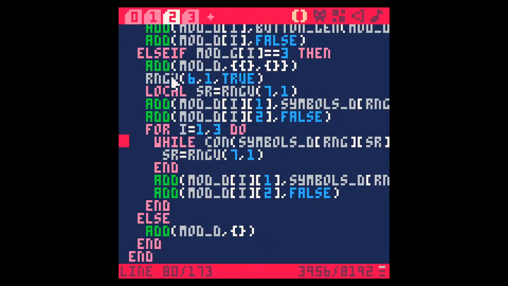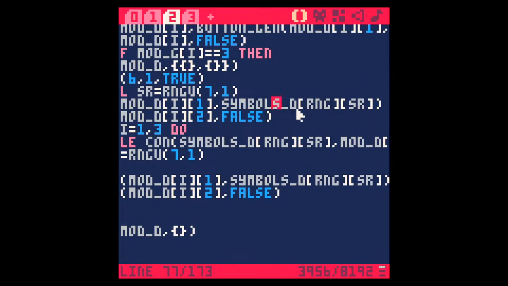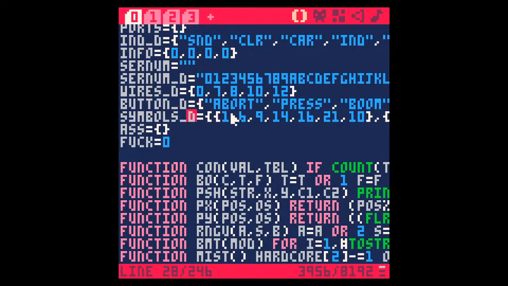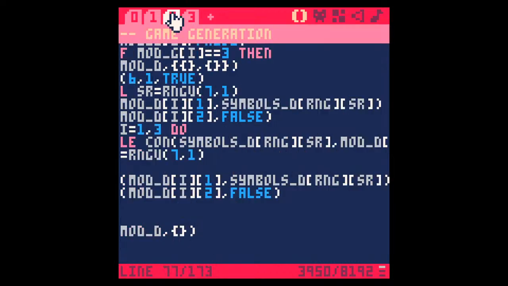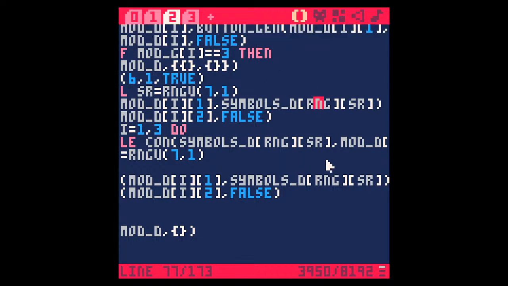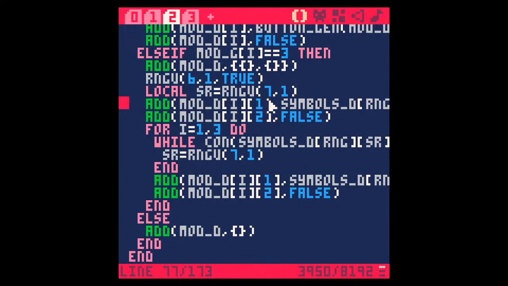Why is this failing? To that I add a list with 2 lists inside. Then I generate a new random value. Then the local SR will become a new random value between 1 and 7. And then I add to the first one a symbols that's here. Oh, I should remove these. Whoops. Here I choose one of the columns, which is 1 to 6. And then there I choose one of the 7 values. And I add that to the first one. Then to the second one, I add a false. Yeah. And then 3 times,